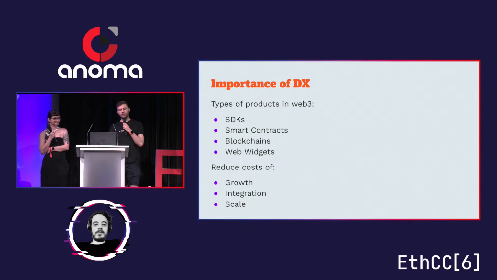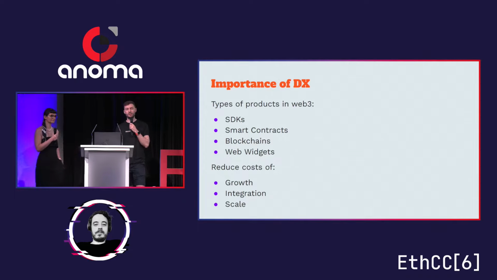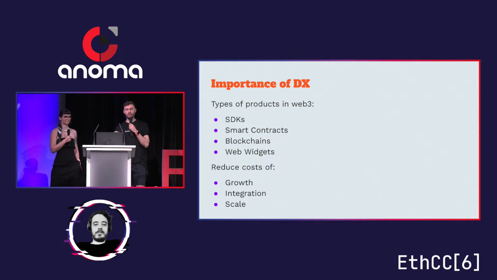There are a few areas in which developer experience is relevant, and it can have a huge impact. People can build SDKs. Those usually provide abstractions on top of smart contracts or complex systems that allow the user, who is usually the dev, to build something on top of the current system without needing to know how things work underneath. An example is the Uniswap periphery contracts, which you can integrate easily. Or, for example, with Biconomy, you can do account abstraction and use their SDK without building the whole stack.